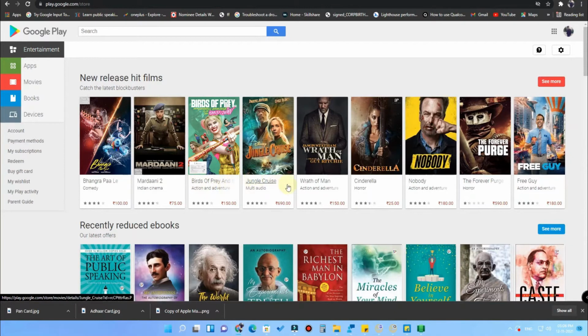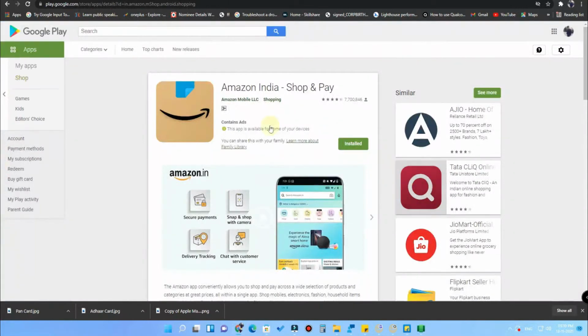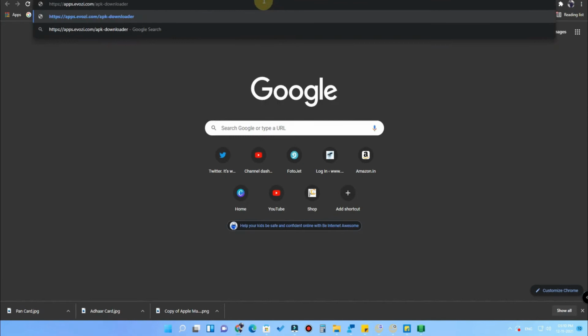In that, select any application as per your need. I am searching for the app called Amazon. This is the official Amazon application. Now you need to copy the address from the address bar, and after that go to a new tab. I have given the link in the description. Copy that link and paste it in your web browser.